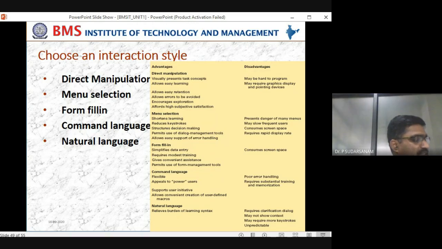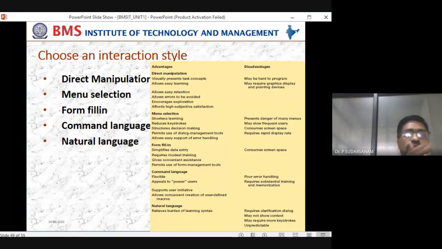So menu selections is nothing but what? Here the users' related listed items will be available, allowing users to select the items. With respect to the programmers, which languages we have to use, we'll be discussing later. So all these things are about how to give the interfaces, what precautions you have to take when you are developing, and what users have to do.